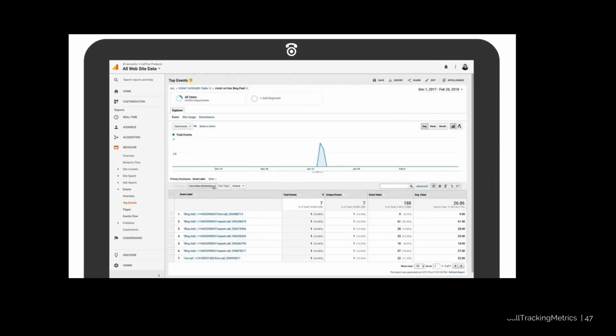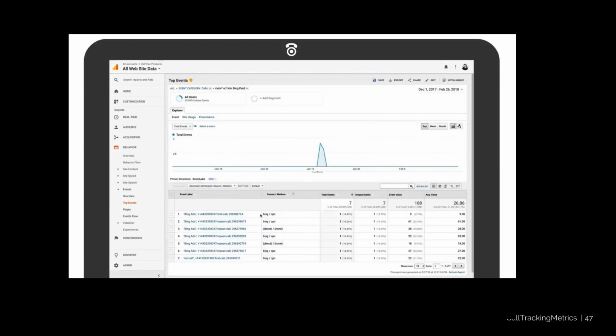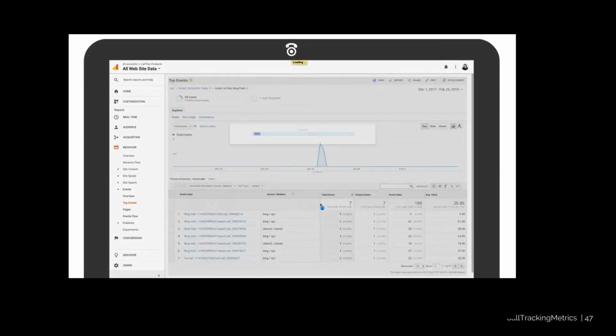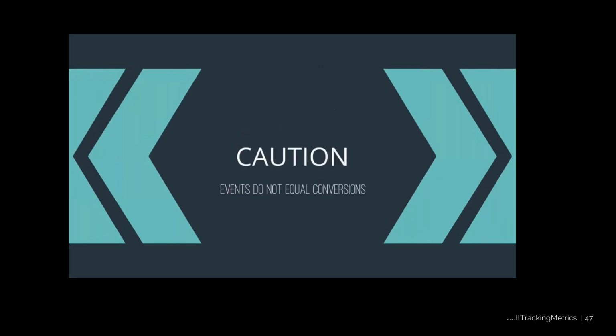These are the basic fields of an event in Google Analytics. However, if you want to view additional information, you can do that by adding secondary dimensions to your report in Analytics. I would recommend viewing this data under the label view. Remember that an event is not a conversion. To set up a call conversion, you'll need to create a goal in Analytics. Thanks for watching.